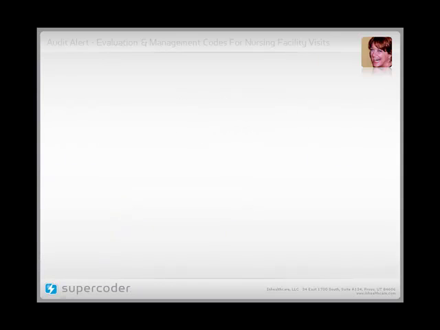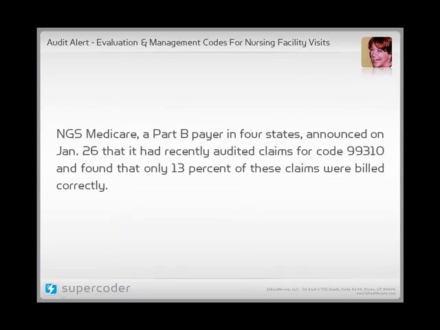Here's a number that'll make you wake up and take notice: 87%. That's the error rate for 99310 claims submitted to NGS, a Part B payer in 4 states. That means that only 13% of the 99310 claims submitted to NGS were actually correct. So you can hardly blame this MAC for announcing in late January that it will be doing a prepay edit